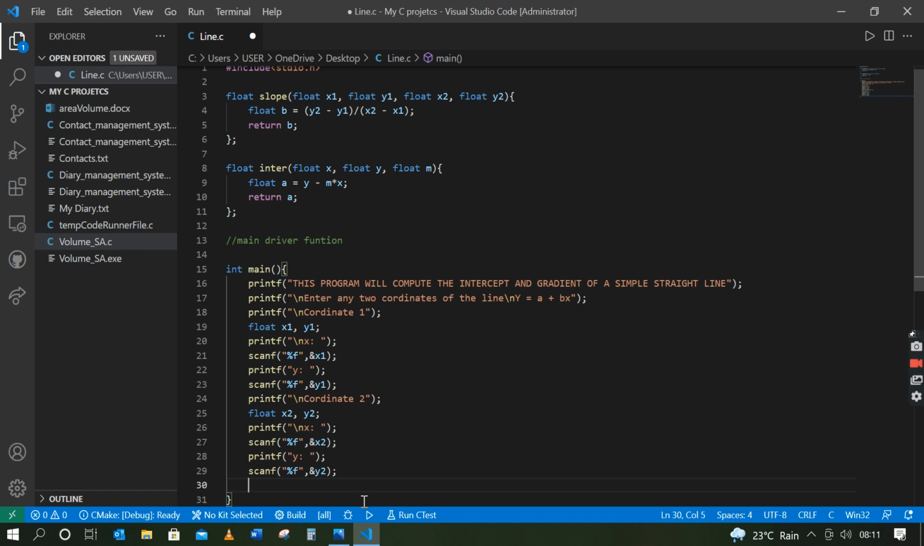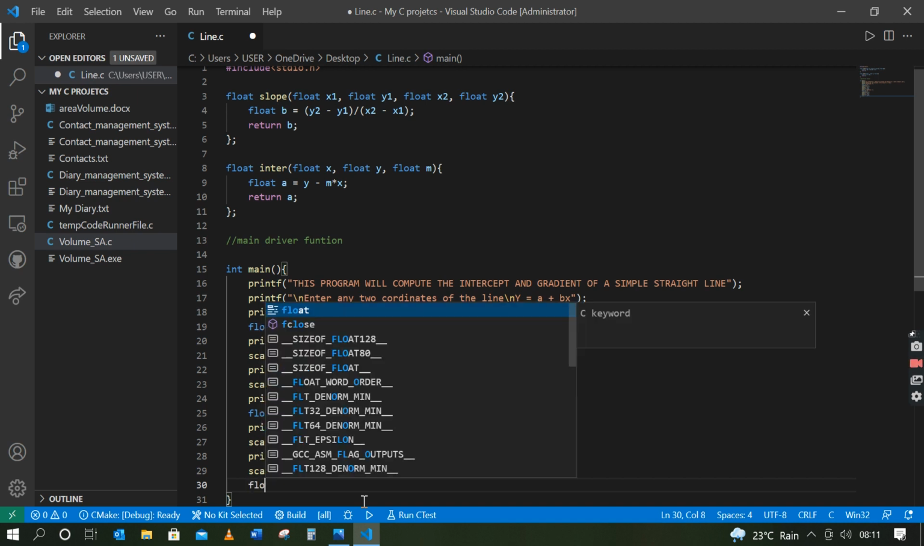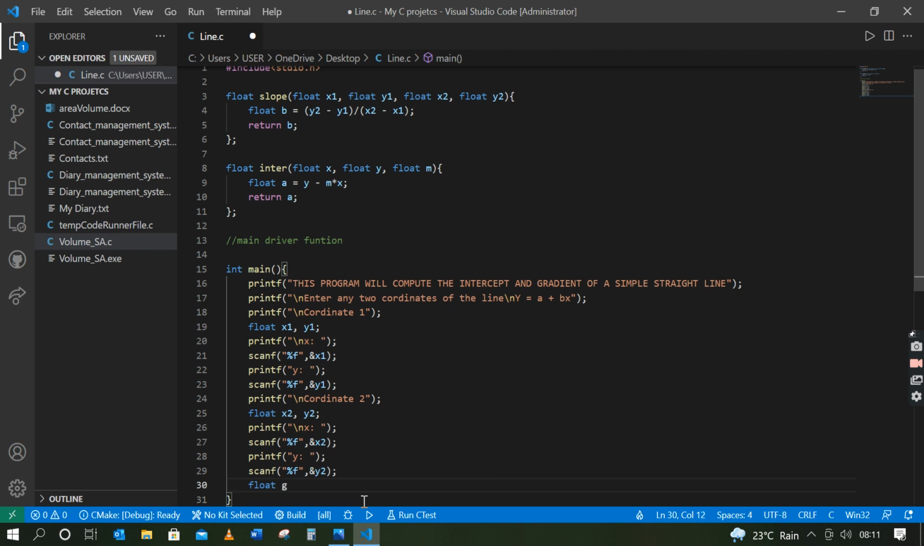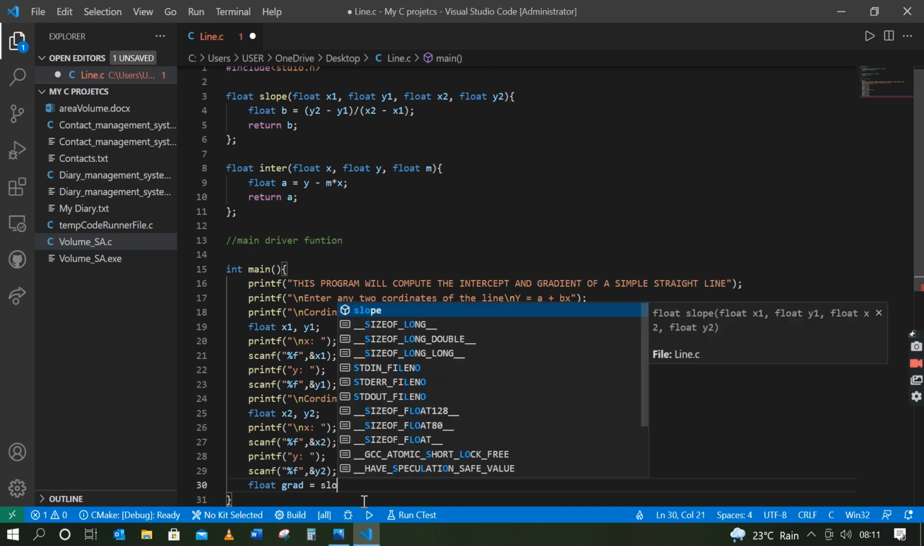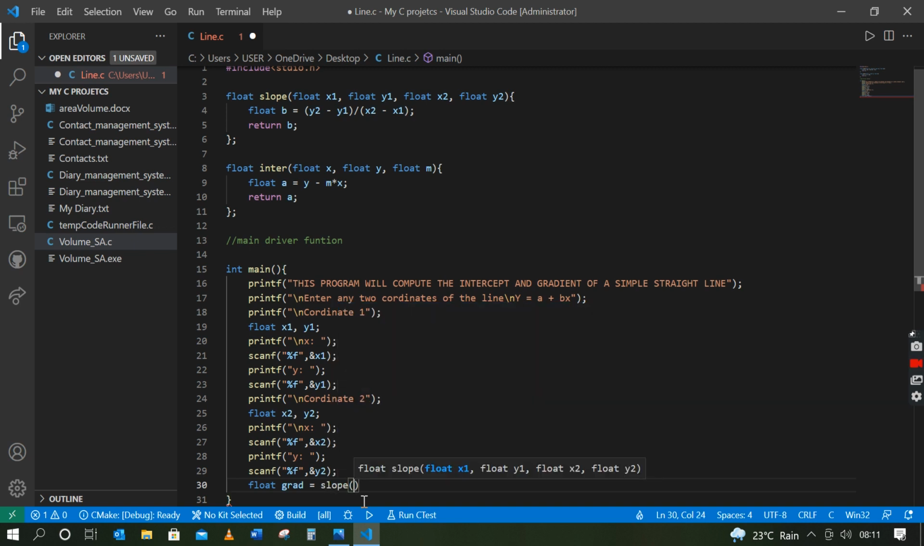After entering all of the required coordinates, we need only two coordinates, enough to calculate the gradient and intercept. So the gradient, which can be called grad, will be equal to